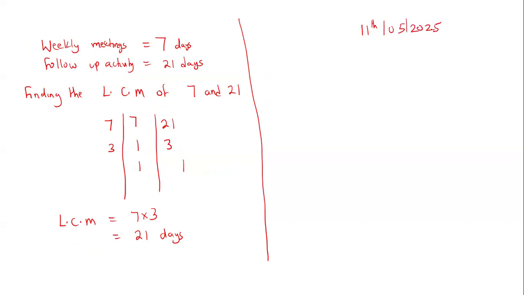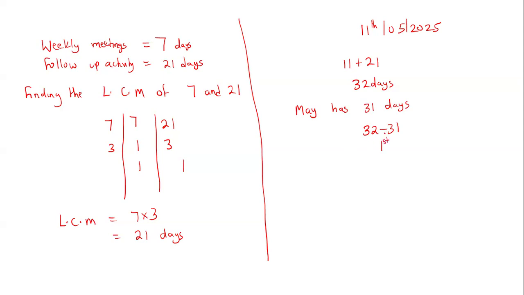Now, if they are to meet again, remember May has how many days? So here, this was 11 plus the 21 days, which will give us 32 days. But we know that the month of May has 31 days. So how many days are remaining or go beyond May? You say 32 minus 31, and you end up with 1,